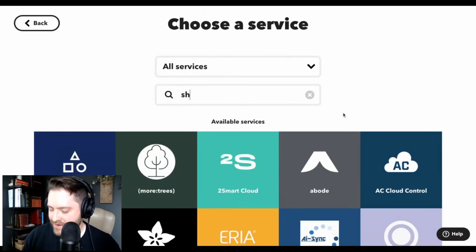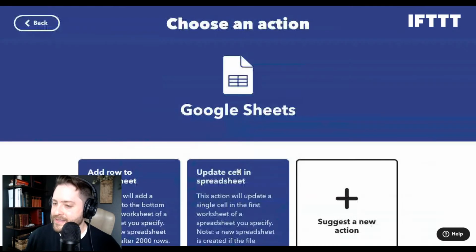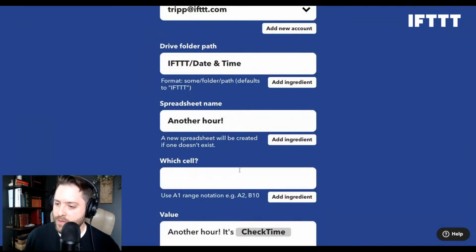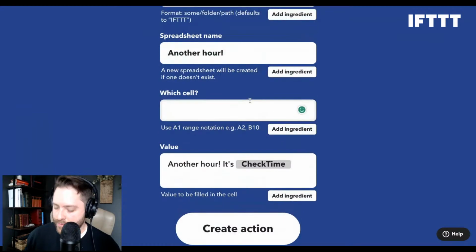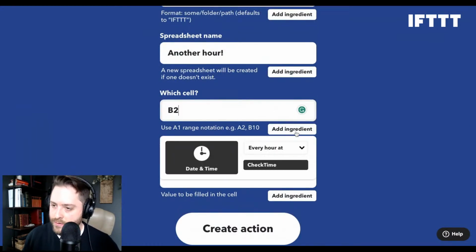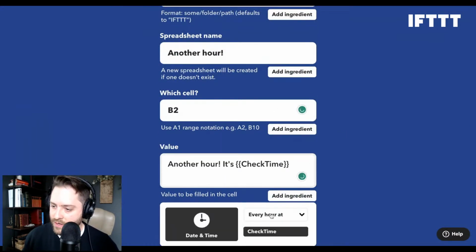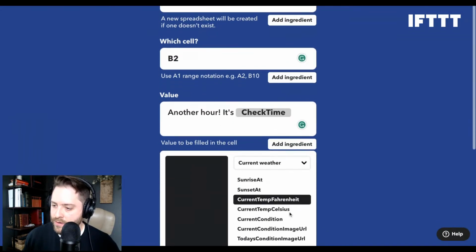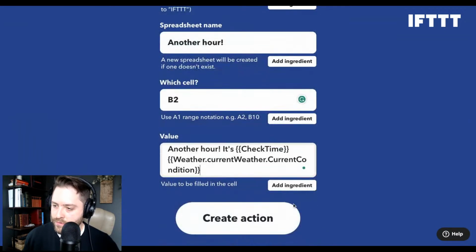Okay. Hopefully this is making more sense, because this is kind of how I would have done it if I were you. Let's do the cell, which is going to be B2, and you're going to add the ingredient current weather, and you're going to say current condition. All right.